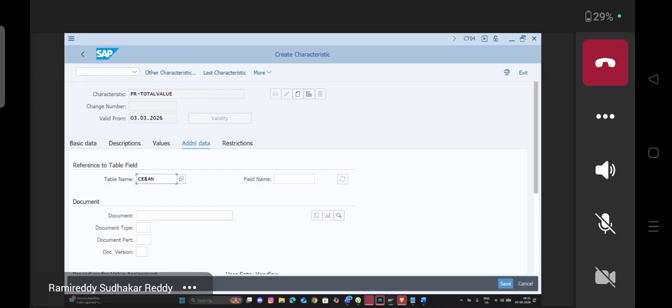I told you for a PR, the communication structure is C1, whereas for external purchasing documents, like RFQ, PO, contract and scheduling agreement, it is CEKKO. So the field is GFWRT. Table name C1, field name GFWRT, in brackets total value of PR. Close the bracket. Note: ensure this field is there